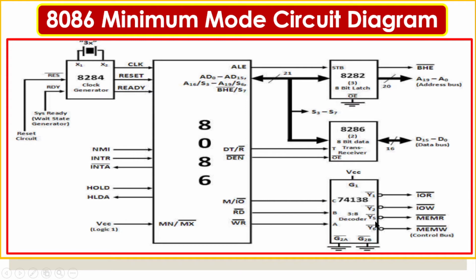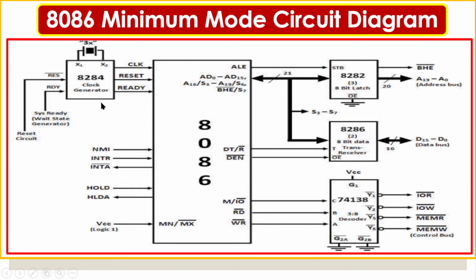For example, we need to generate memory write. Memory means this pin should be 1. This is 1. Write means this has to be 0. So 1, 1, 0, which is 6. So output 6 will be enabled. That's memory write. So 1, 1, 0 will be enabled, and it will be connected to the write signal of the memory. Likewise, we will use it. This is a single IC because we need to use only 3 signals, and from that we convert to 4 signals. That's it.